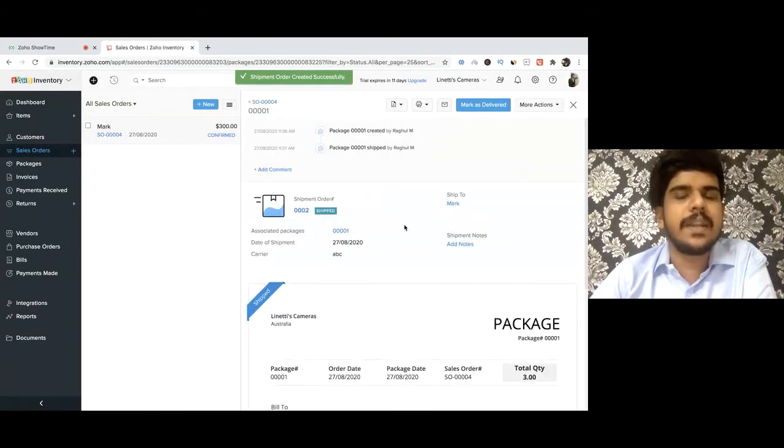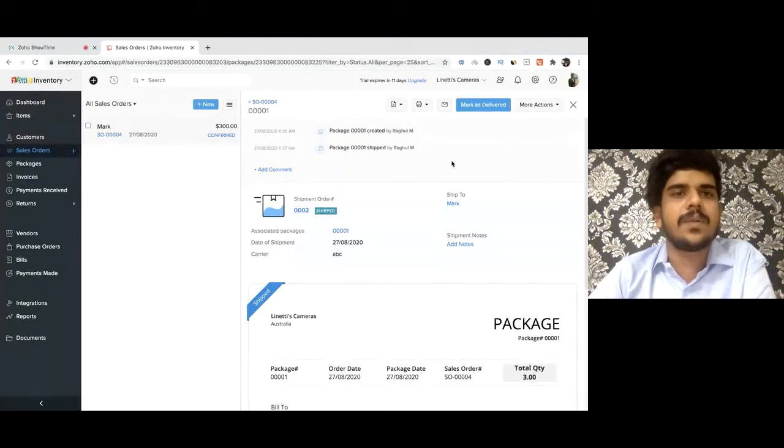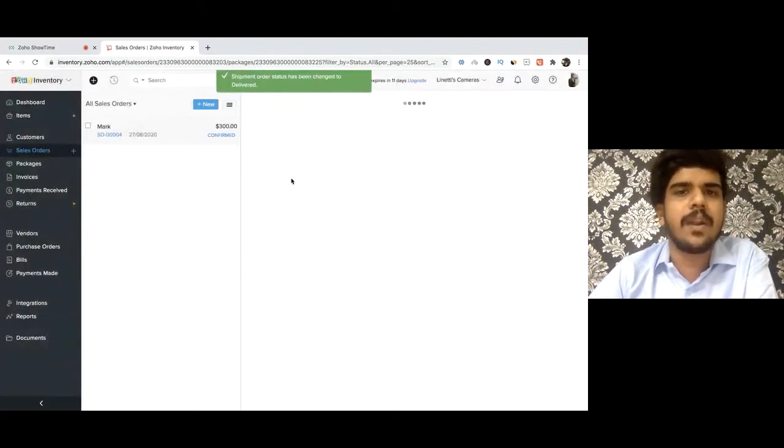Once your shipment is created, you can also mark it as delivered. In the case of carrier shipments, where you have integrated your carrier with Zoho Inventory, the shipment will be automatically marked as delivered. And if you're using any other carrier from the carriers that integrate with Zoho Inventory, you will still be able to do the shipment tracking process using the AfterShip integration that Zoho Inventory offers. Or if you have your own team to take care of the shipment, then you'll have to manually mark it as delivered once it is delivered to your customer.